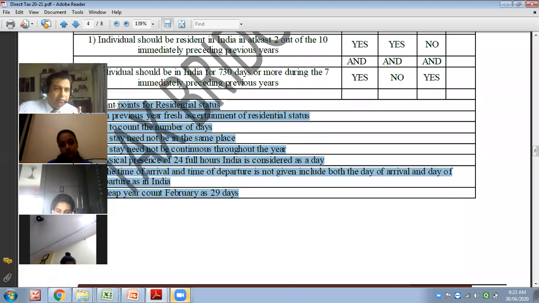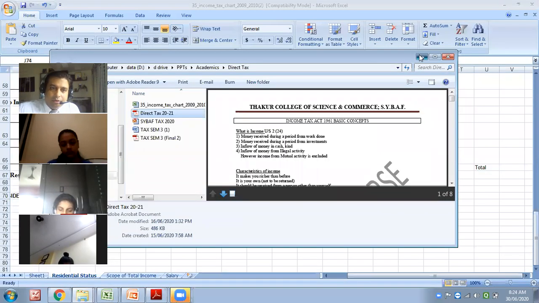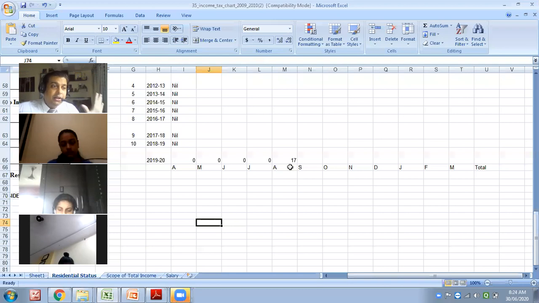Date of arrival, date of departure, wherever they are residing in India, 60 seconds is equal to 1 minute, 60 minutes is equal to 1 hour, 24 hours is equal to 1 day. Likewise, you have to count how many days. Based on that, what did we get? 17 days. You have to include the 15th. Okay, it is 1st August. Oh, I'm so sorry. Then it is the 31st day. Thank you. You are right.